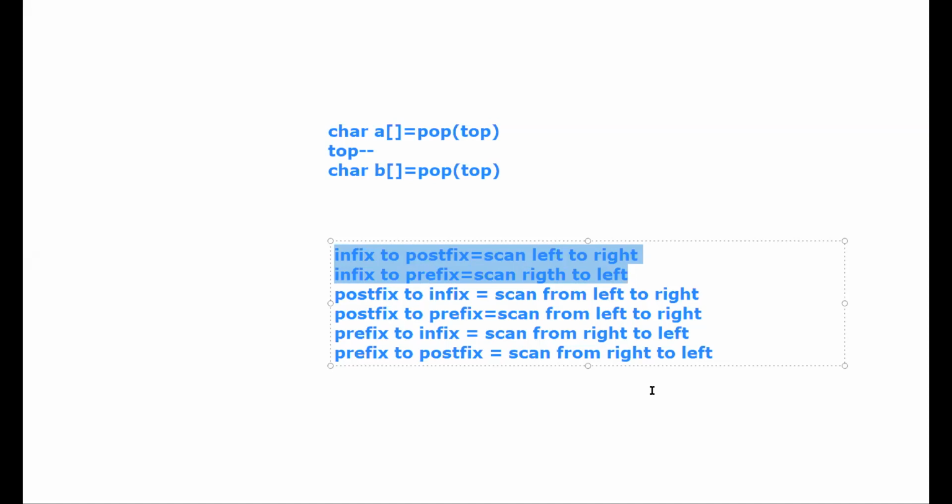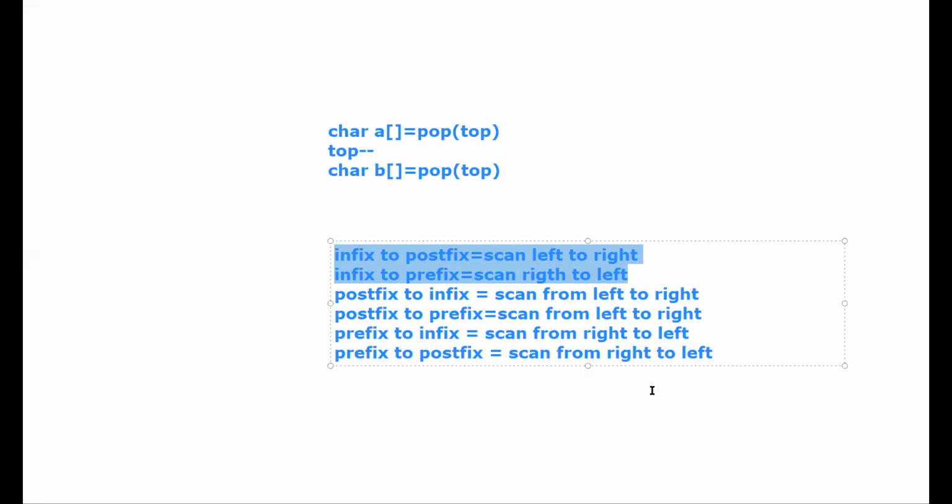For that, you have to pop the elements from the stack until the top element is lesser than or equal to the scanned symbol's priority. I hope you get the point.